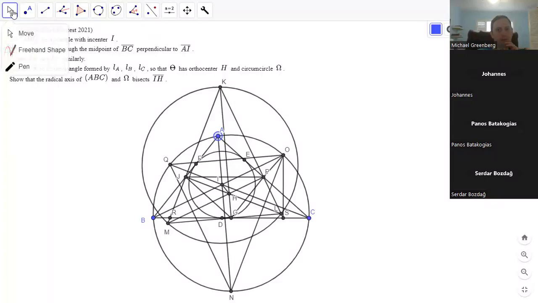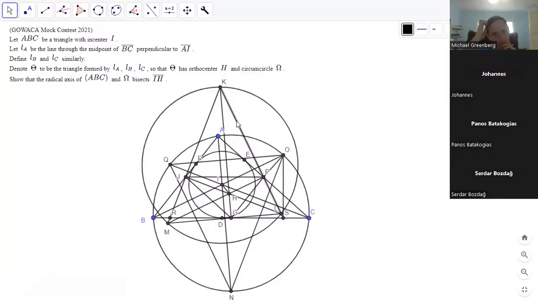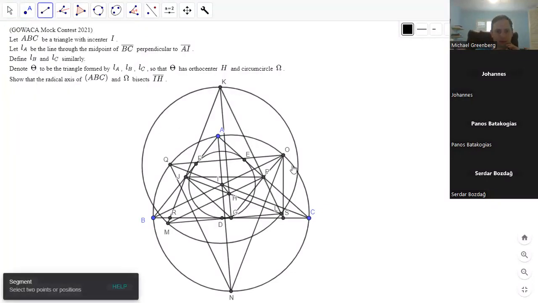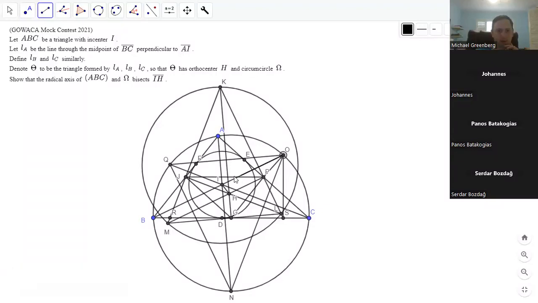So this is a Simpson line. And it's also a known fact that the Simpson line bisects the segment connecting O to the orthocenter, which would be